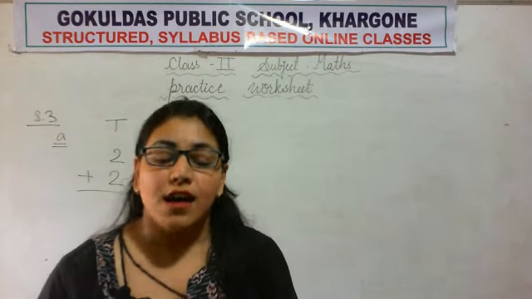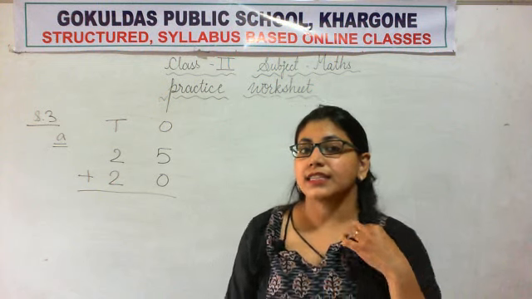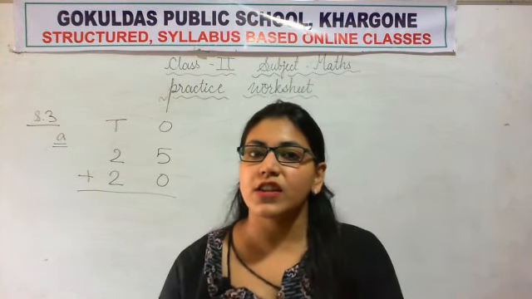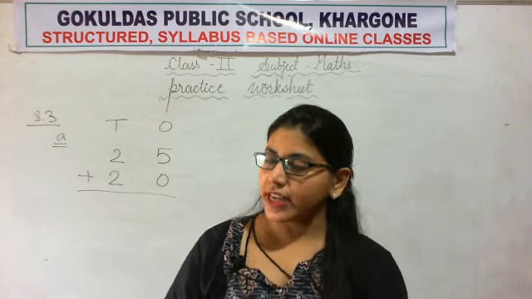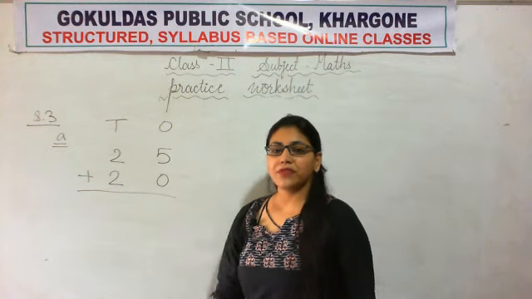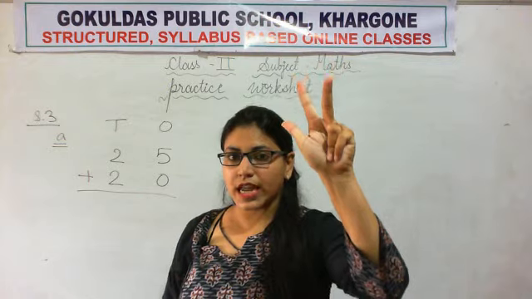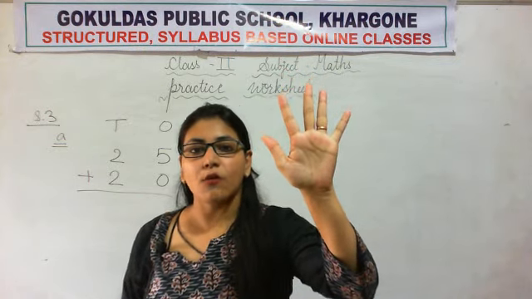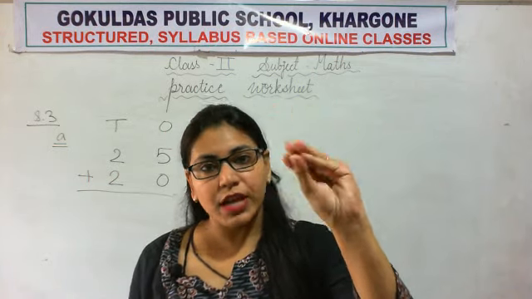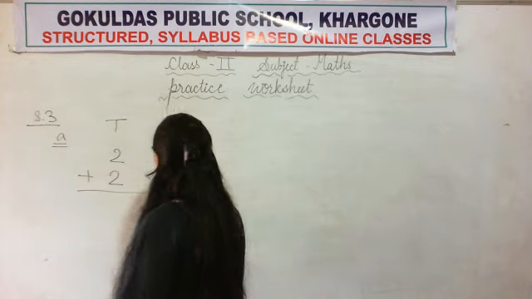Now remember the zero property of addition. What does it say? It says that whenever a number is added to 0 or 0 is added to any number, it gives the number itself as the result. So 0 plus 5 will be 5 only. This is 1, 2, 3, 4 and 5 fingers. Now we have 0, it means no fingers. So 5 fingers will remain. This is how we can justify it by counting fingers also.